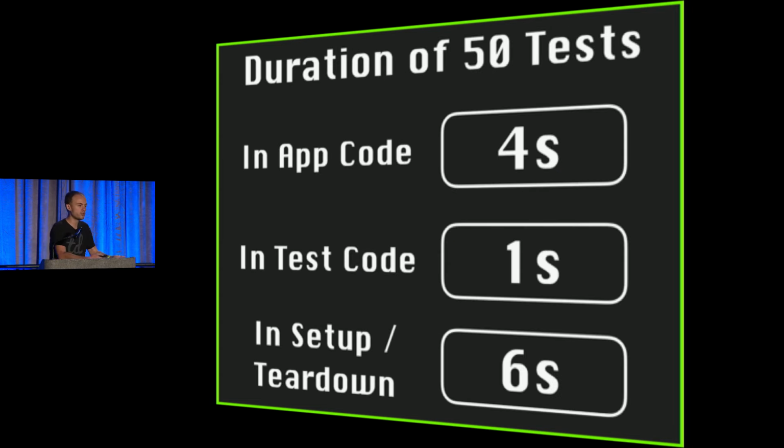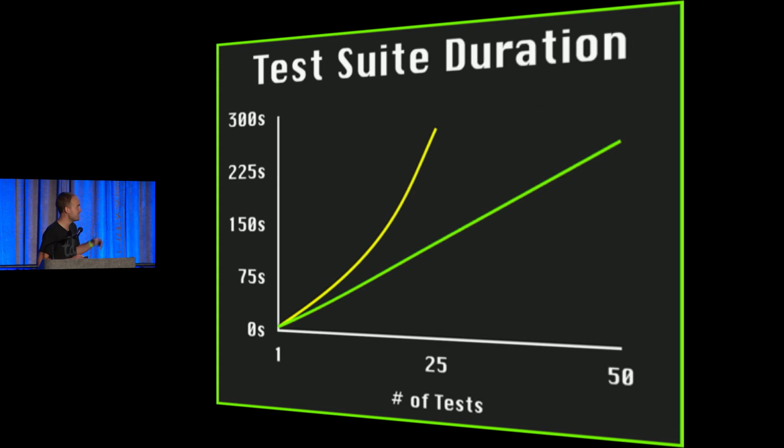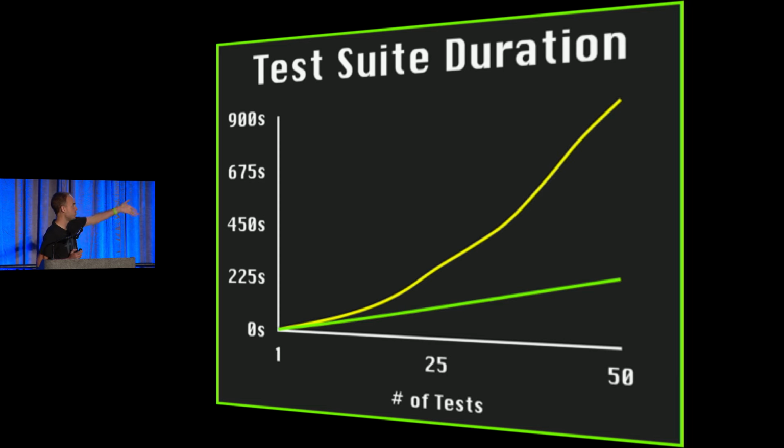But if you just double the number of tests again, it's not shocking to imagine it going from 4 to 7 seconds of time in app code and going up to 10 seconds in setup and teardown. Usually there's big spikes, like a new feature will be lazily written and the test data will get drastically more complex for all the different tests. So now we're looking at 18 seconds per test, and this is where things really fly off the rails. See, we had to zoom out. It's now 900 seconds for the whole build.